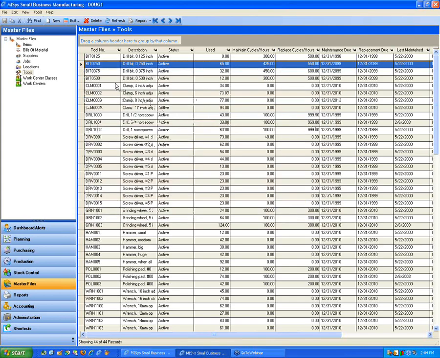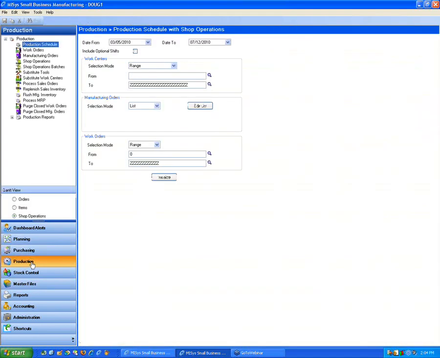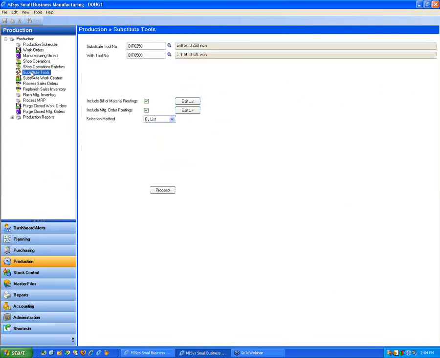Now, one thing that's missing from that form that you may or may not have noticed is the substitute button. There's a substitute tools function in SAE. The location of that changes in SPM. In SPM, we've logically put that substitute tools function under the production menu, and we've enhanced it a little bit. Some of you may recall that when you were going to run a substitution in SAE, it actually allowed you to specify a range, but it would go through and globally change the tool reference across all those BOMs